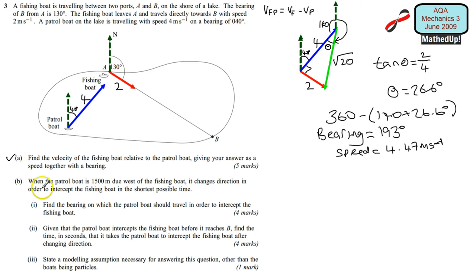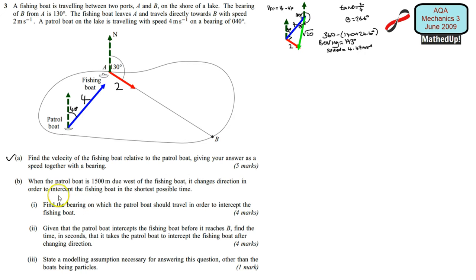completed. Now part B says when the patrol boat is 1,500 meters due west of the fishing boat, it changes direction in order to intercept the fishing boat in the shortest possible time. Okay, so I'm just going to create some room for myself over here. Okay, so in order for the patrol boat to intercept the fishing boat, it needs to appear to go in this direction here